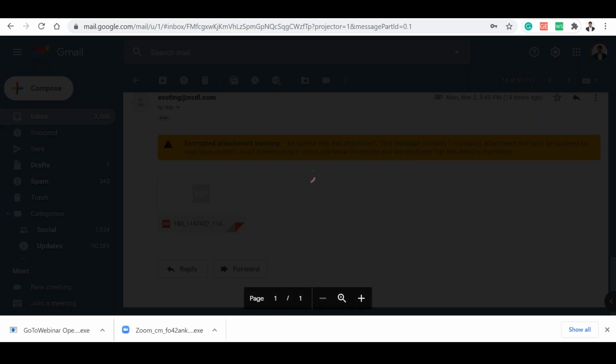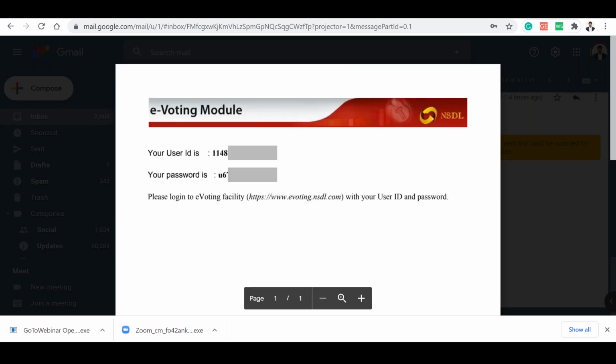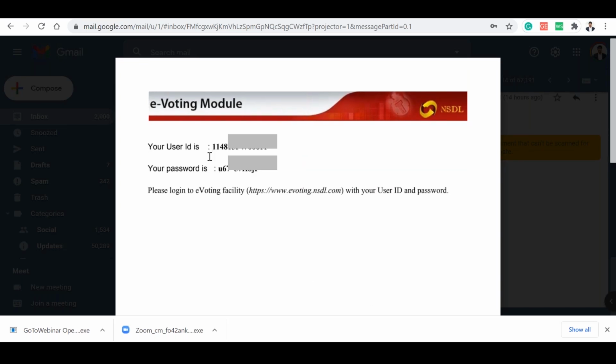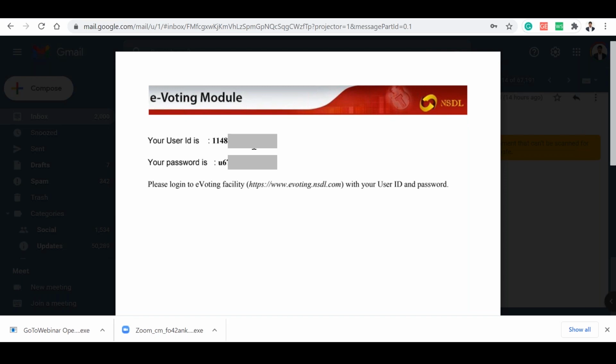Submit. Again, another user ID is there. You have to save your user ID.